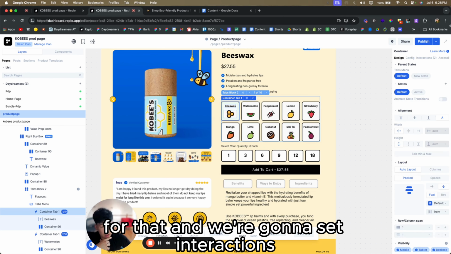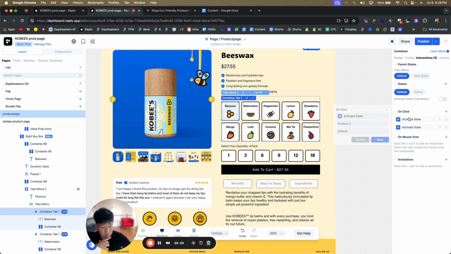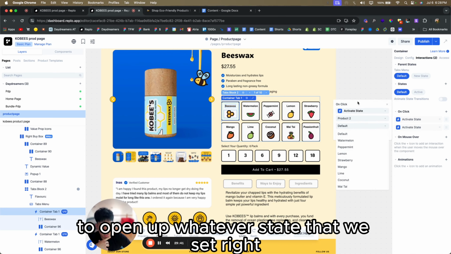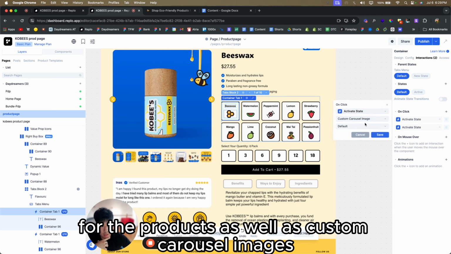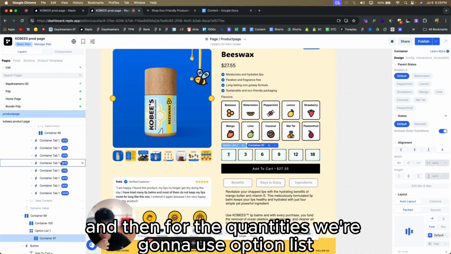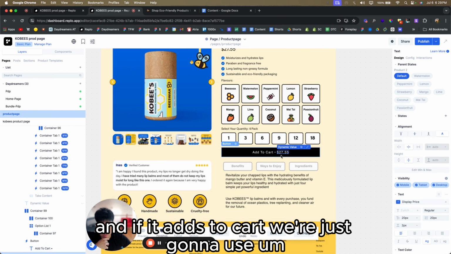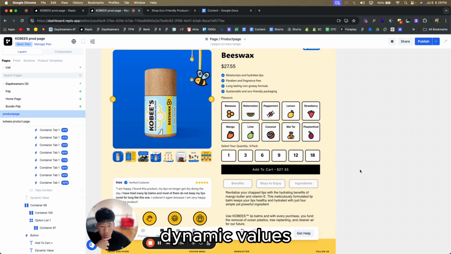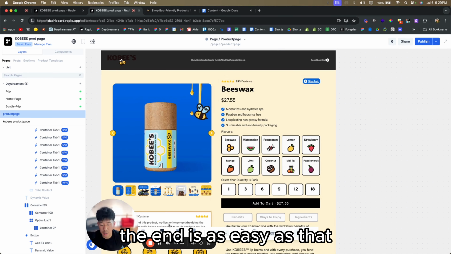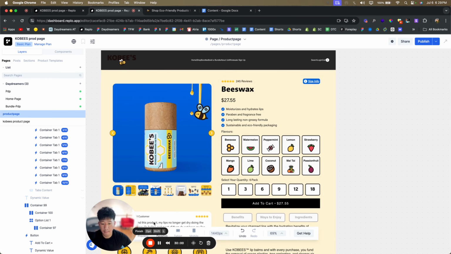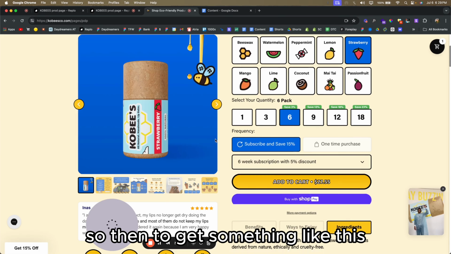We're going to manually set this for that. And we're going to set interactions to open up whatever state that we set, right? For the products as well as custom carousel images. And then for the quantities, we're going to use option list. And then for the add to cart, we're just going to use dynamic values. And it's as easy as that. So then to get something like this,